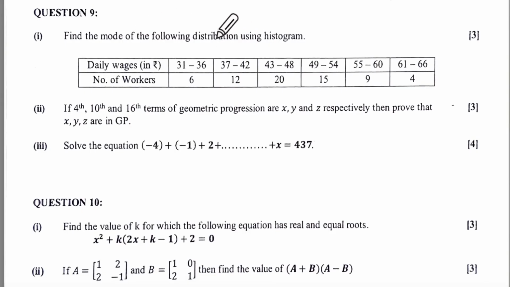They are telling you to find the mode of the following distribution using a histogram. Here what you'll have to do first? What we'll have to do first? Make it continuous. Yes. Correct or no? So what will it be? You will have 30.5 to 36.5, correct? Then